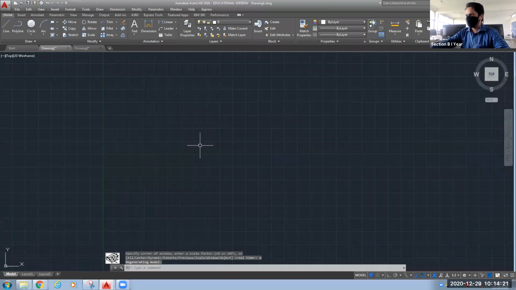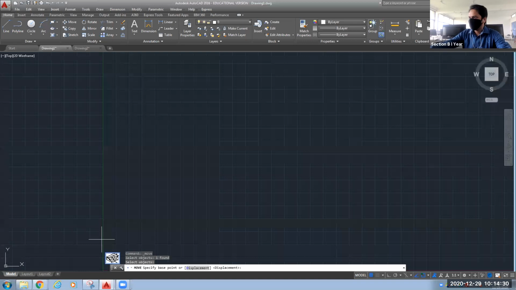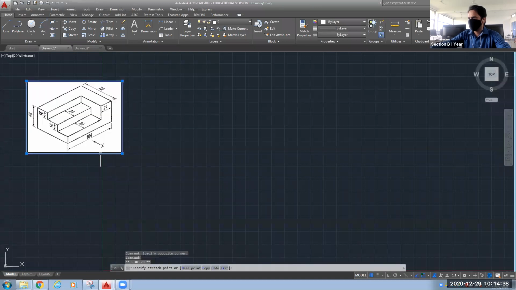So our figure has disappeared, or it is looking very small at this location. So I will bring this object so that I can see this clearly. This much. Okay, now the figure is clearly visible.